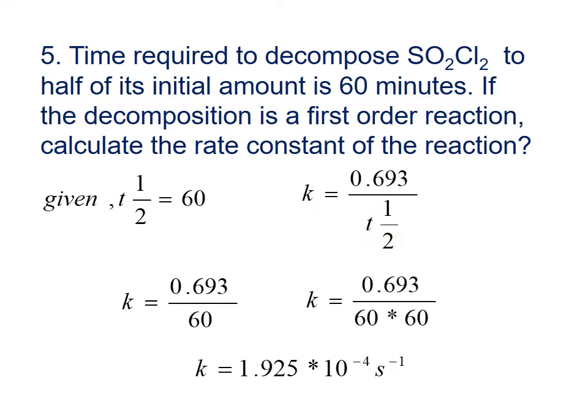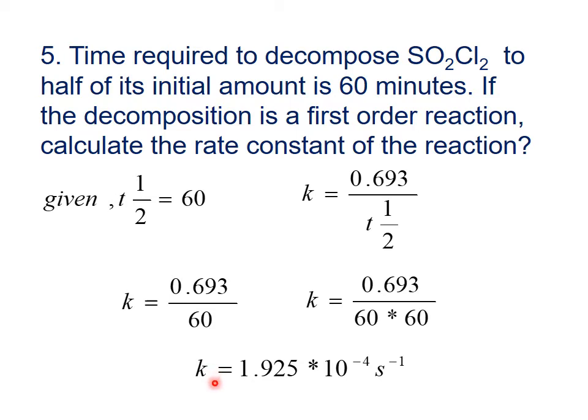T half is given, so the rate constant is equal to 0.693 divided by 60. 60 is the T half, 60 minutes. Then we can convert 60 minutes into seconds by multiplying with 60. So K is equal to 0.693 divided by 60 into 60. Here that star mark indicates multiplication. So k is equal to 0.693 divided by 60 into 60, and the final rate constant is